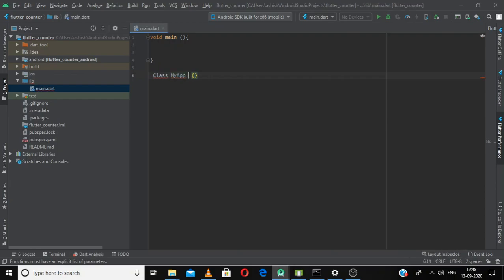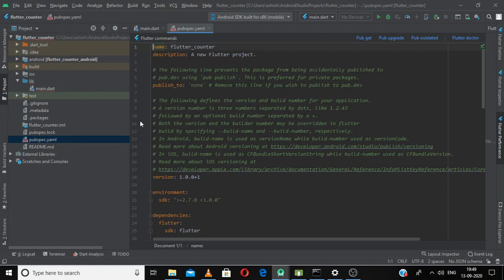To inherit, we use the keyword extends, and after extends, since we are extending, we are not going to write a class for controlling pixels on the screen, as Flutter has already provided that.